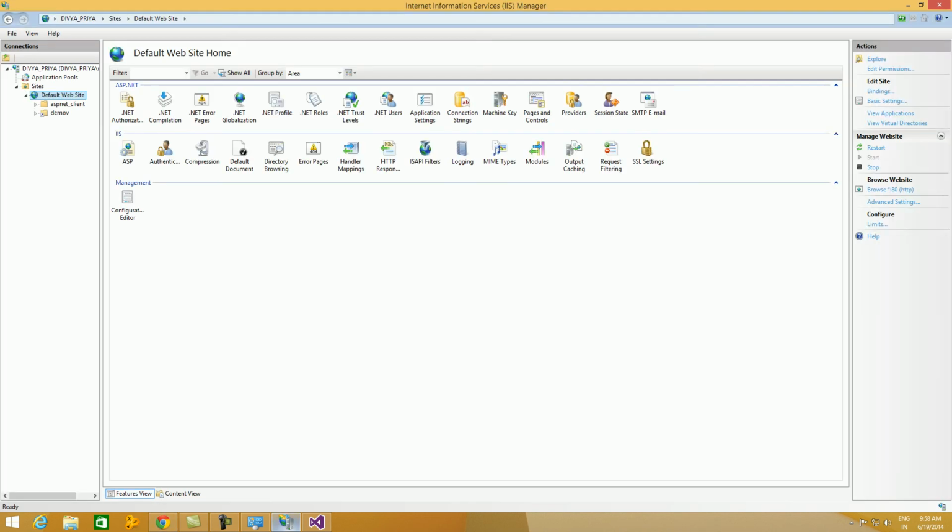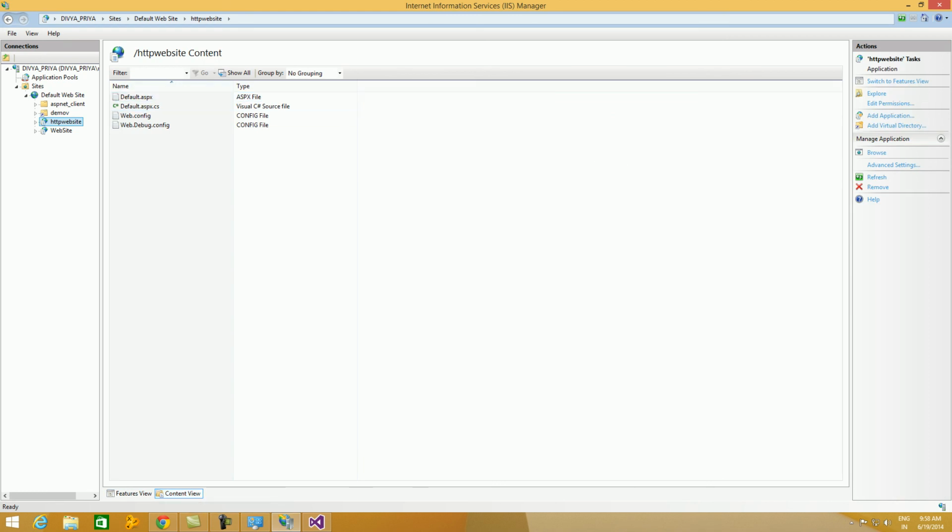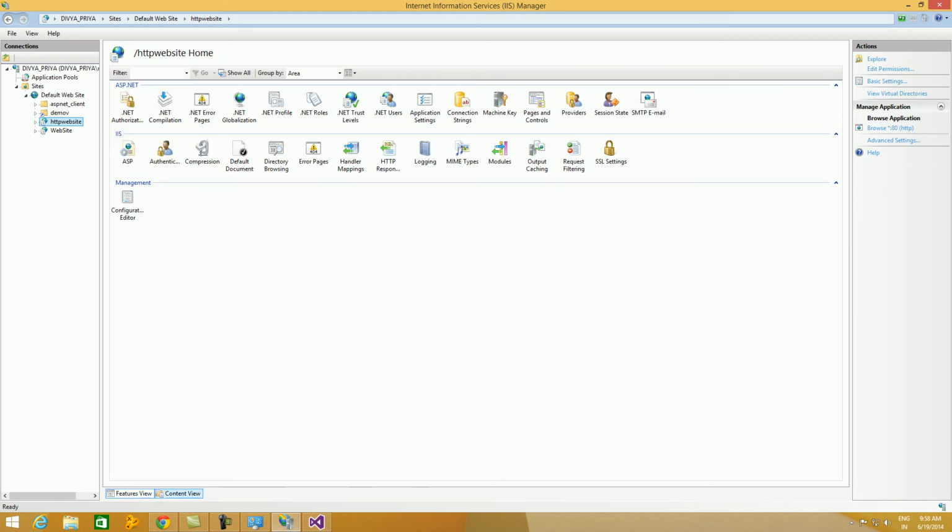So let us verify IIS and see whether our website is really deployed in IIS or not. So this is our Default Web Site node. Right click the Default Web Site node, select Refresh. So this is our virtual directory, HTTP website, and these are the contents of this virtual directory.